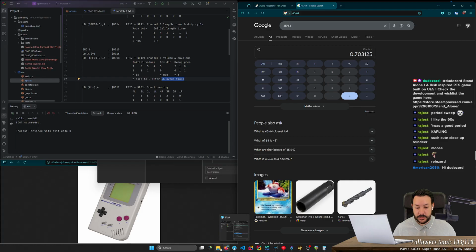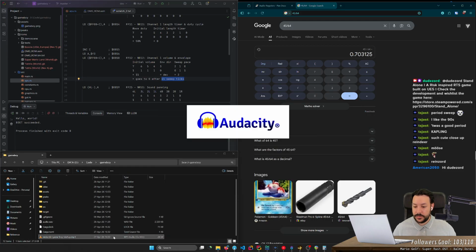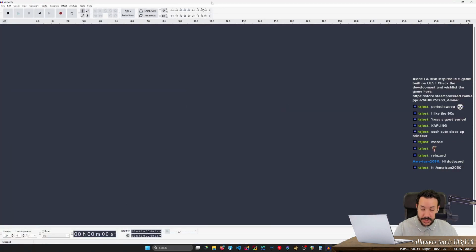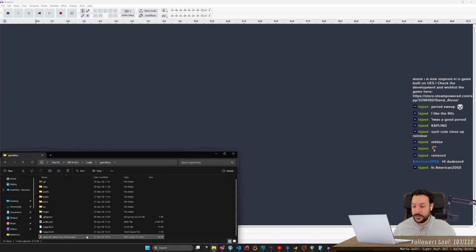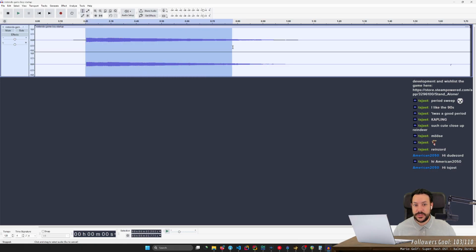How do I want to do this? Audacity. Oh, whenever I open Audacity, the sound gets so freaking weird. Okay. Back to normal. Okay, it should be 0.7 seconds. Kinda. Okay? 0.7 seconds. More like 0.8 for some reason, but yes.